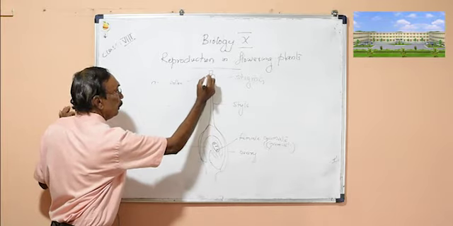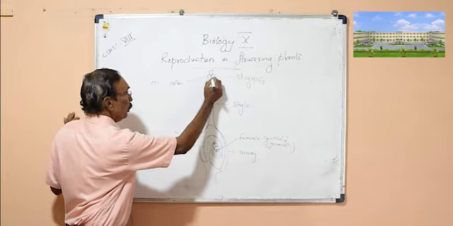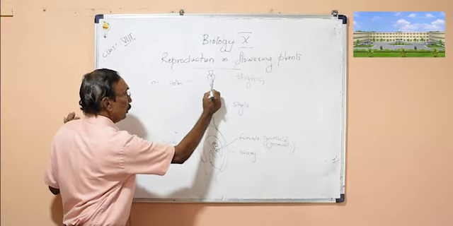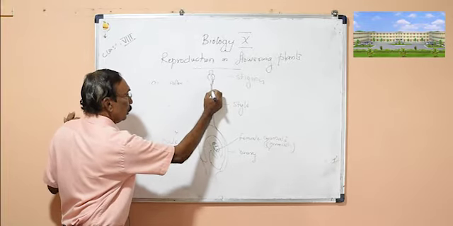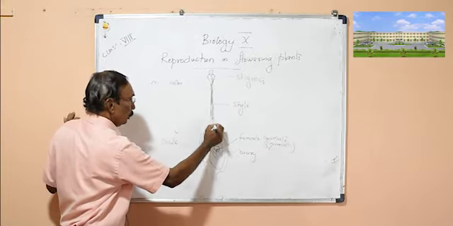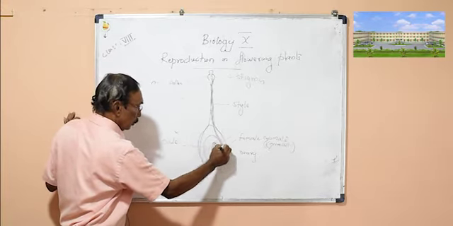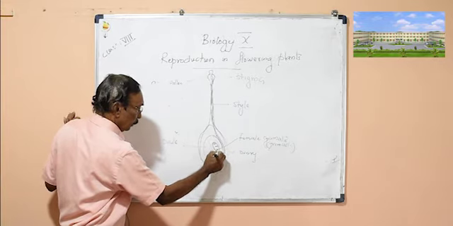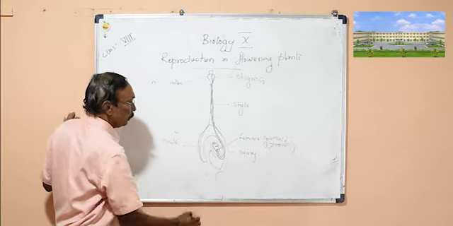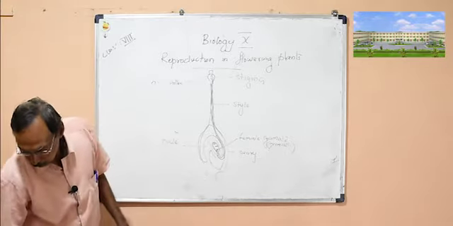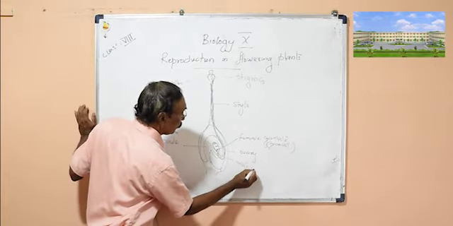And this is the male germ cell. Slowly the pollen tube will grow down. As the pollen tube grows down, the nucleus, the male gamete, will also go down. The tube will grow down, down and down, and finally it will enter the ovule. The nucleus will also be here. I told you, it is the male germ cell or male gamete.